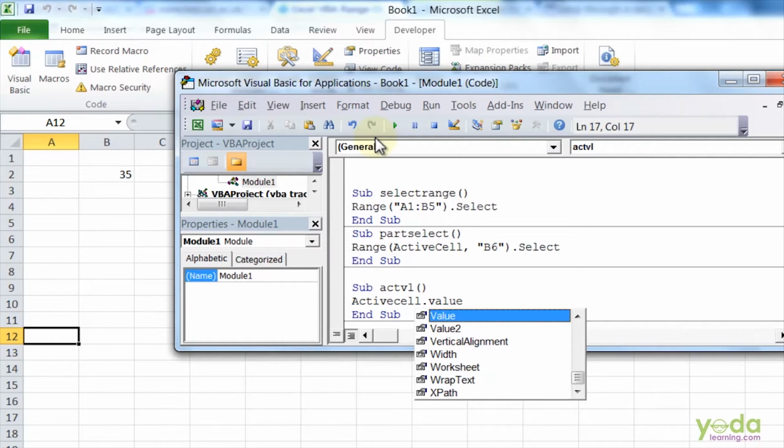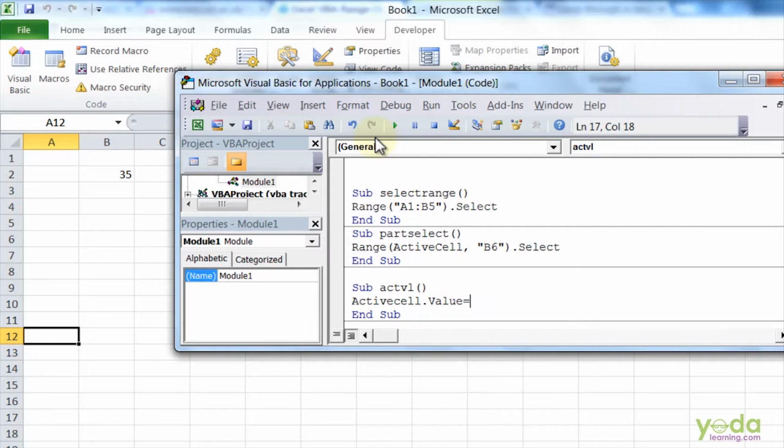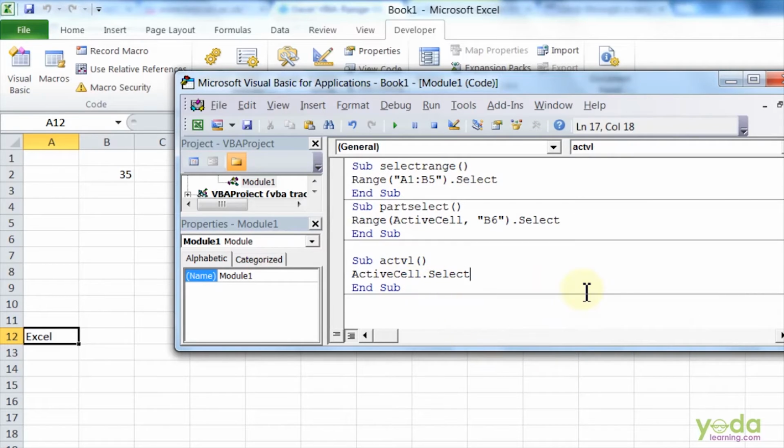If you say ActiveCell.Value, this will select the cell and insert the given value. I'll type the word Excel. So when I run this code, this is how it has worked. If I say ActiveCell.Select, it will help me select the active cell. So these are the different ways you can work with a Range object.